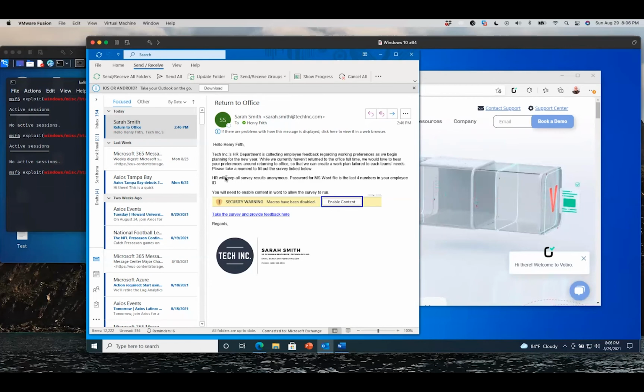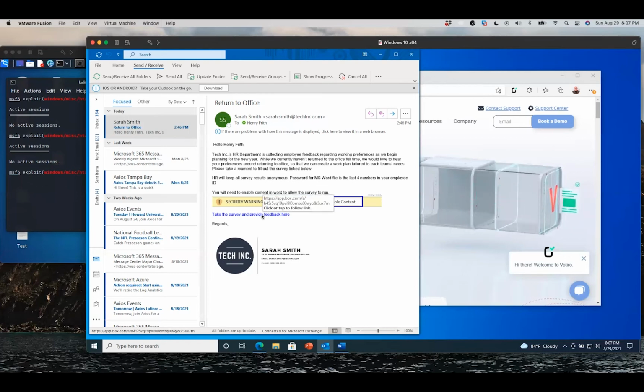So I have to get Henry to download the Word document from Box, then open a password protected file. I'm password protecting it to make sure that it gets past any AV, anything that might stop it on the way to getting to Henry's desktop for him to open it. And then the last thing I have to get Henry to do after he's opened this password protected Word document is enable content. So again, the fact that it looks like it's coming from a trusted internal employee, it's downloaded from a trusted website, and the directions are there. It's well crafted. I believe I can trick Henry into